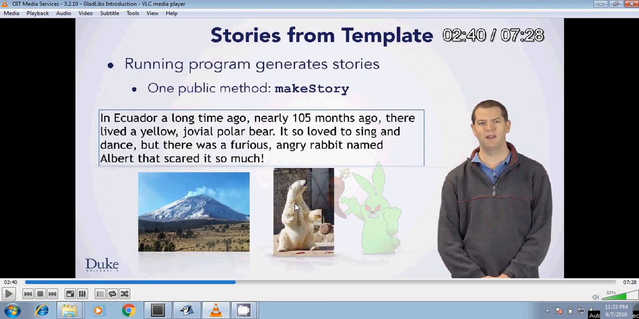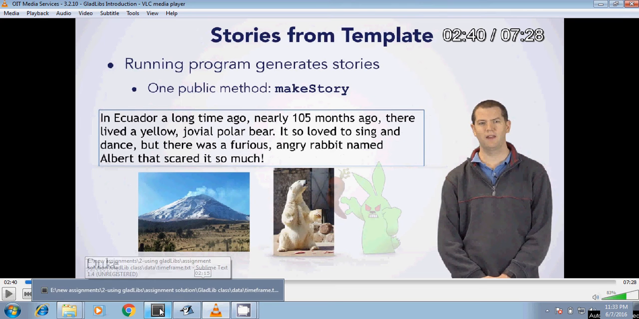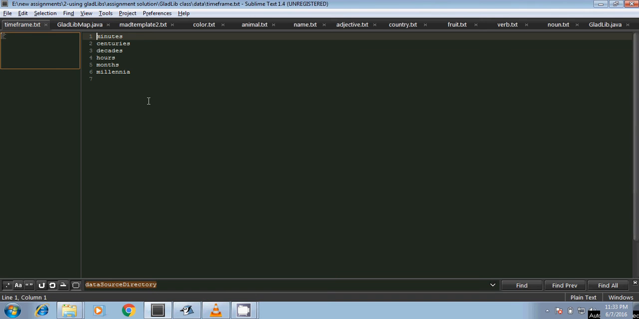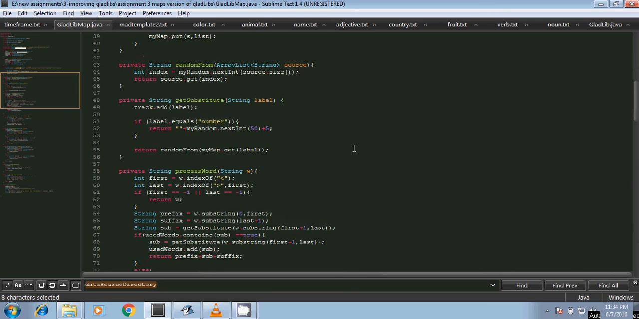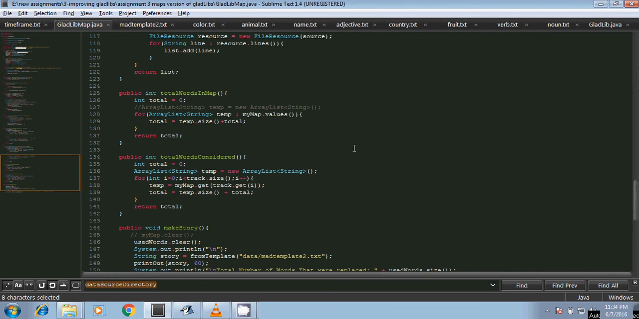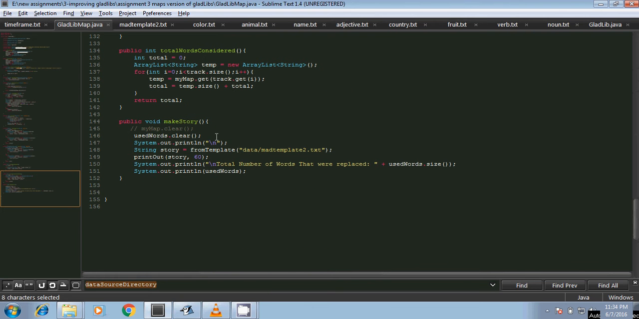within that story template. And the internal mechanisms, the internal framework, the internal engine of this program resides entirely in this file called gladlibmap.java, and the control in this file begins right at the end, in the function make story. In this function, we begin by first reading the story template itself, which has been placed in a file named